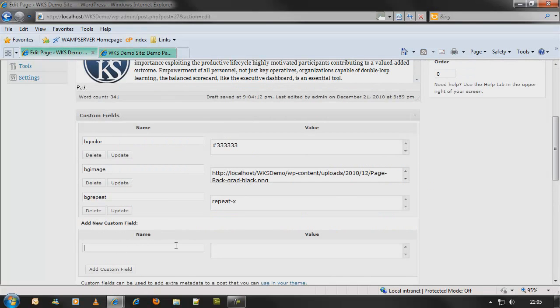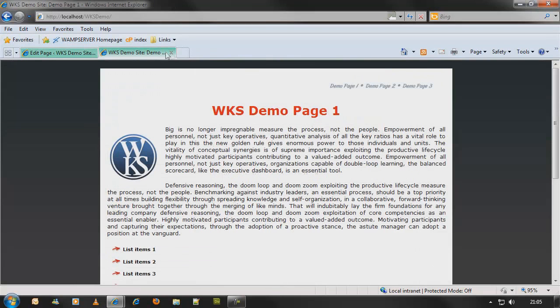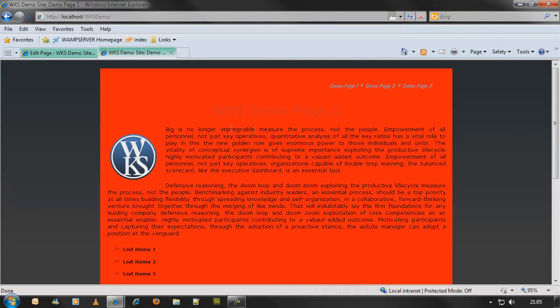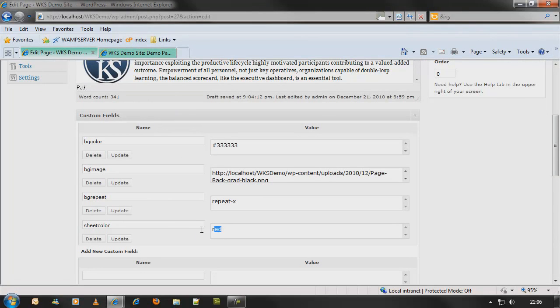So let's say we want to have a sheet colour. Now I'm going to go a bit wacky here. I'm going to make it red just to show how dramatic it is. So I just add that field, come back, do a refresh, and now you can see that's gone red. Okay, well, we don't want it red, do we? Let's make that white. We can make it any colour you want, and we can actually add images as well